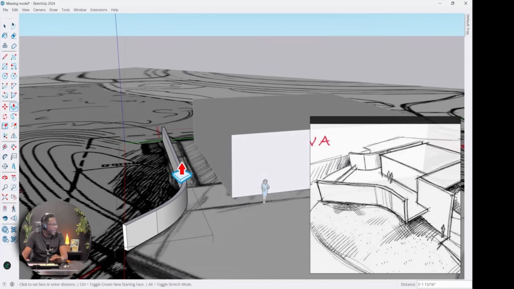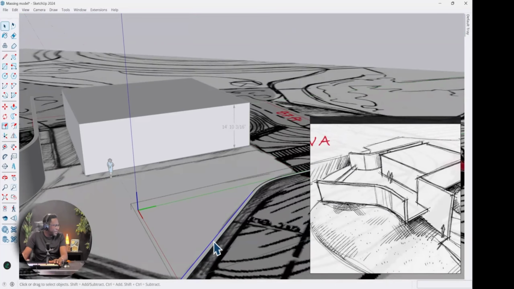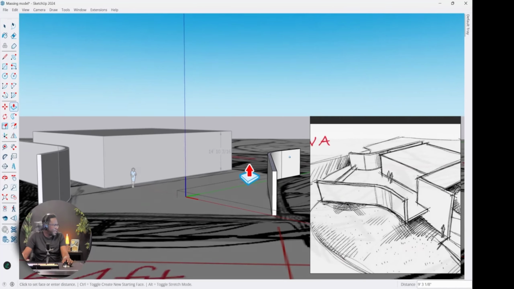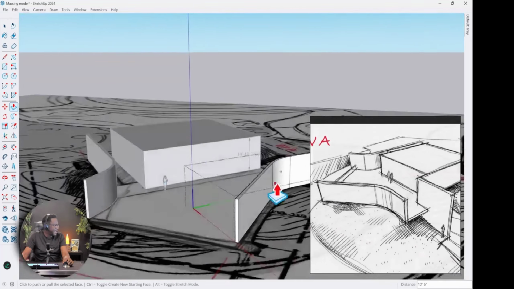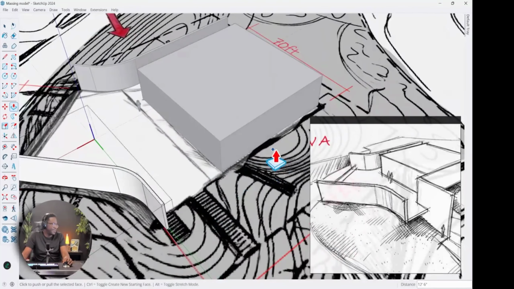So I'm going to just extrude that to maybe about there, and this wall here is going to be shorter, so maybe, or maybe it's going to be the same height. I don't know. Remember, this is a sketch, so we don't have to get too detailed. Then we have this wall that comes around like this. All